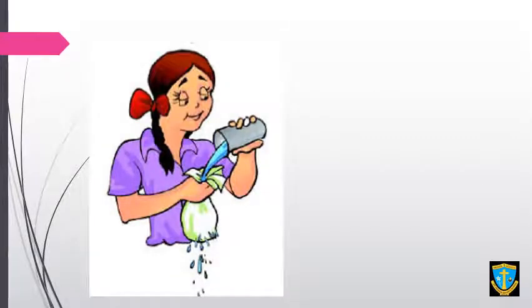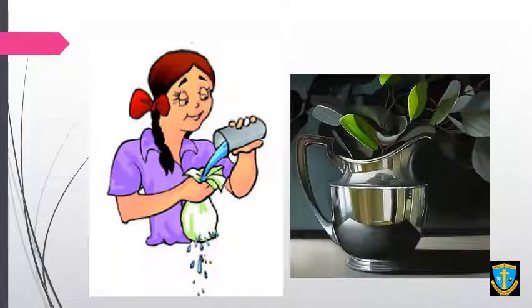Now look at this picture. Can I use a cloth to store water? No, right? Because the cloth will leak off all the water. It will not remain in the cloth material. Why? Because the cloth is not made for storing water. We store water in jugs which are made up of steel, glass, plastic. They are hard and they can store water, they do not leak off.